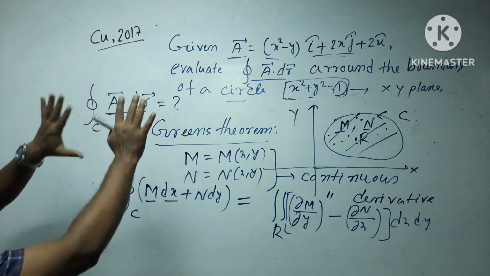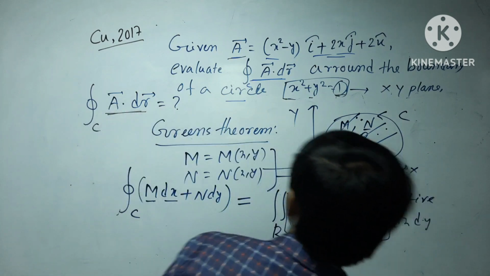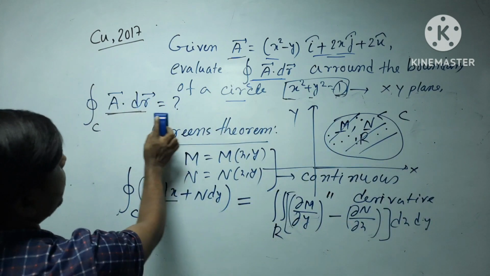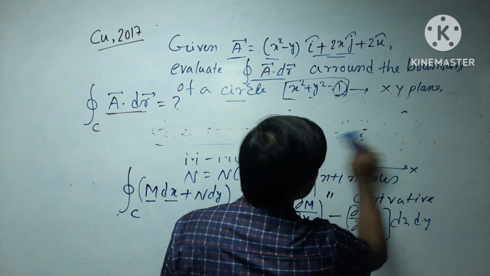Let's try to correlate with the given problem. এই প্রবলেমটা সলভ করলেই খুব ক্লিয়ার হয়ে যাবে গ্রিনস থিওরেম অলসো। তো চলো আমি প্রবলেমটাকে সলভ করছি, আমি একটু ইরেজ করে নিচ্ছি।